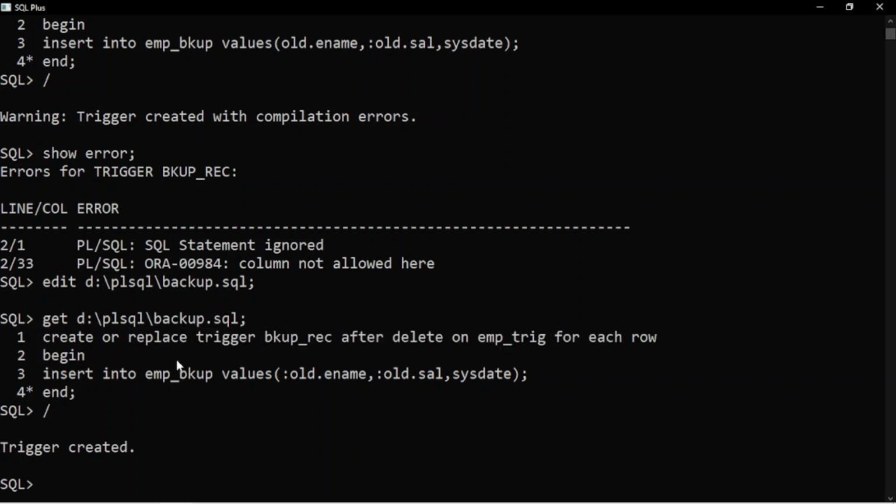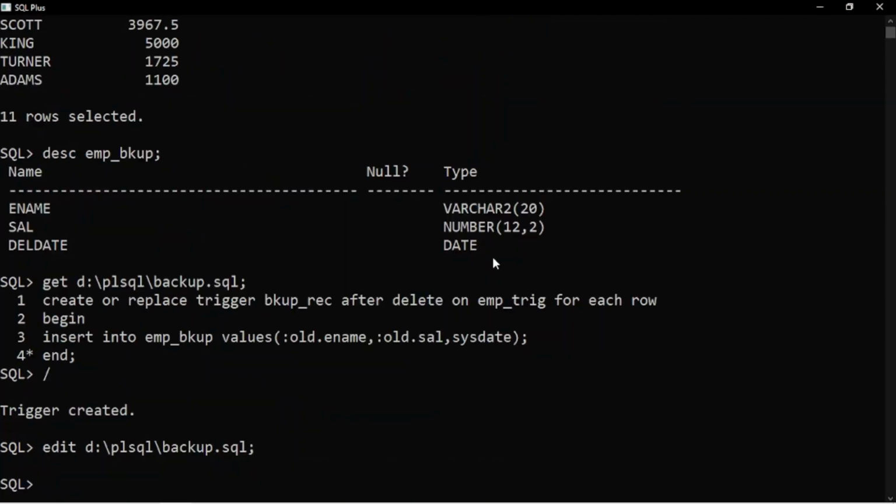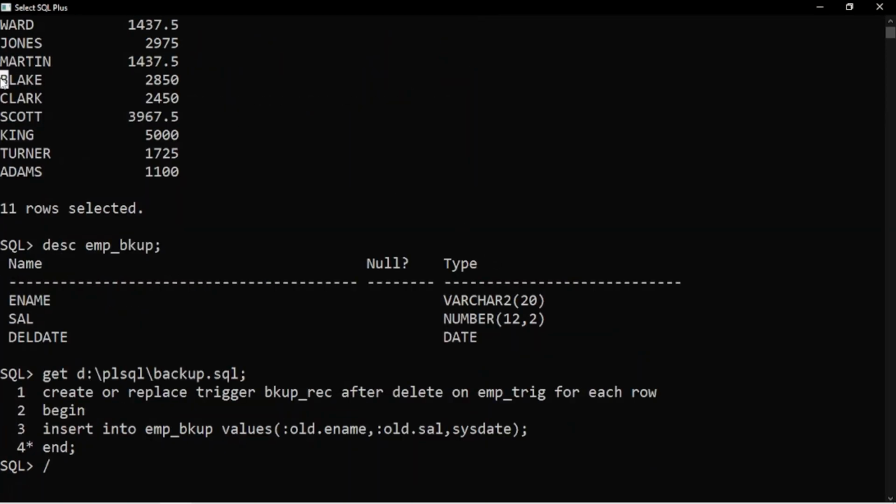For testing, I need to delete. It clearly says on delete emp trig. So I'm going to delete. Delete from emp underscore trig where ename equals, inside quotes, the name of some employee like Blake, Clark, Scott.